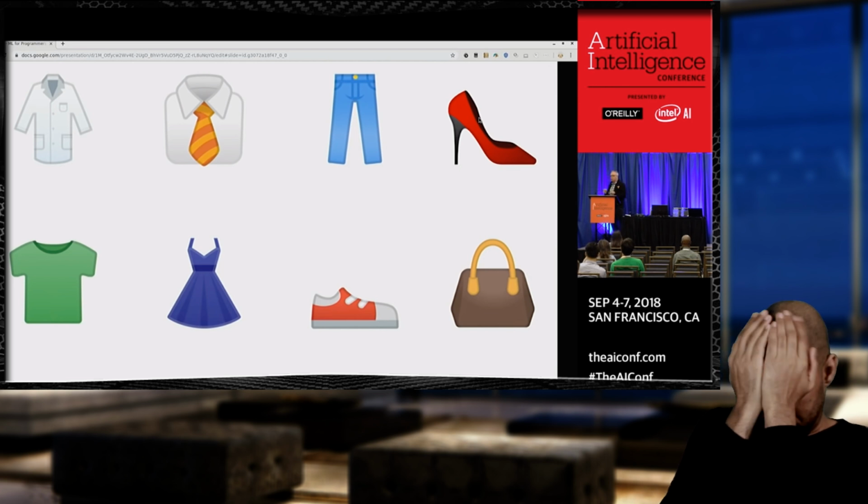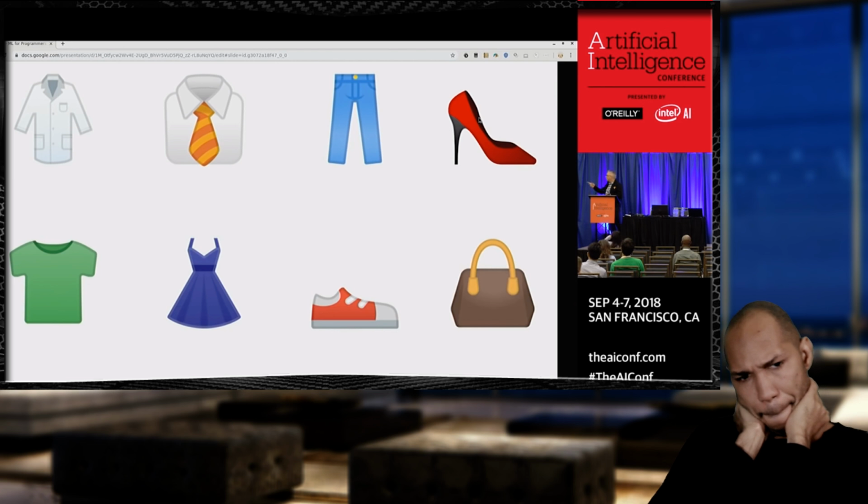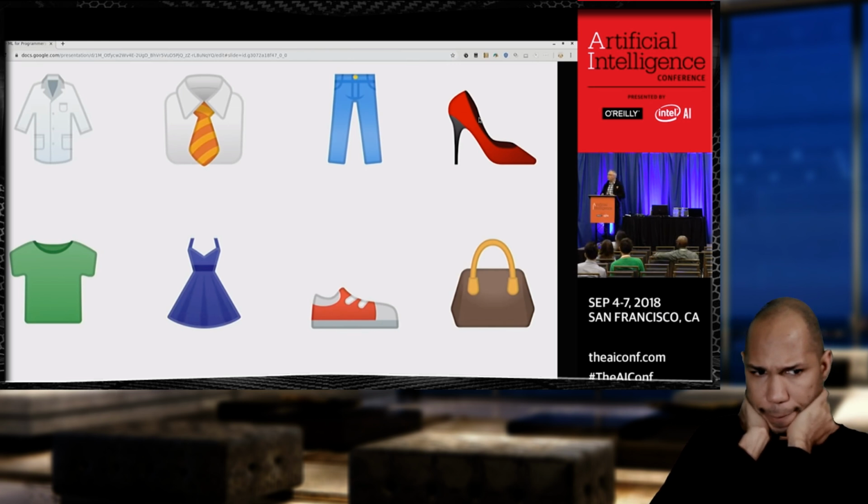For example, there are two shoes on this slide. Right, one is the high heel shoe in the upper right, and one is the sneaker in the second row. But they look really different to each other, right? Other than the fact that they're both red, you know, and you think they vaguely fit a foot. The high heel, obviously, your foot has to change to fit it, and the sneaker, you know, the foot is flat.